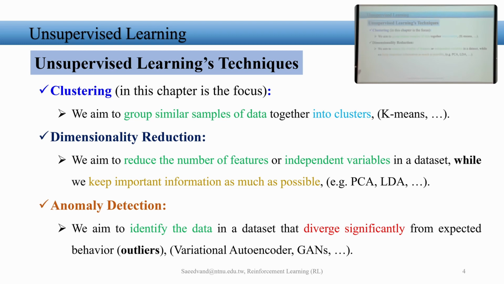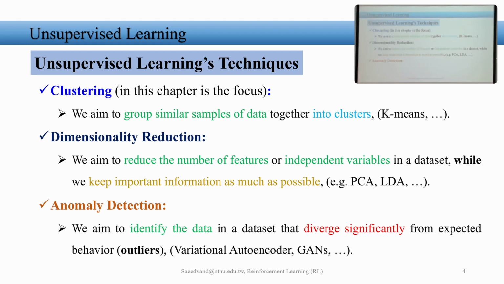Formally, if I want to define it for you, it is to reduce the number of features or independent variables in a data set while also keeping the important information of the data. That is important. If you want to reduce the dimension and you lose important information, that's useless then. Otherwise we could manually remove features. The objective is to keep the information somehow. We also have a couple of famous algorithms to do this, for example, PCA, LDA, and we have many different techniques in these classes that we can run.